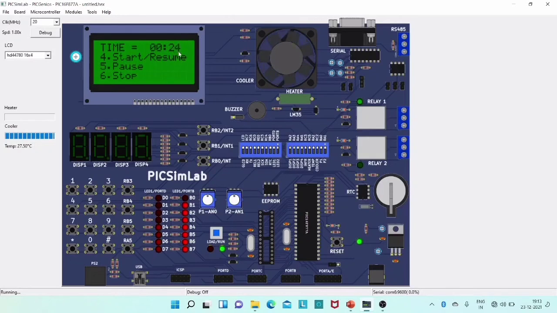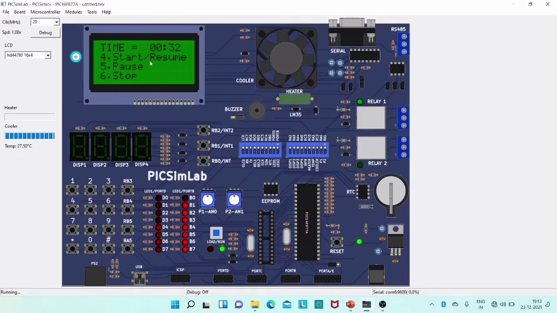Again, if we want to increase the time by 30 seconds, we can click on switch 4. You can see 30 seconds is increased. In the same way as before, if we want to pause this process, we can click on switch 5.